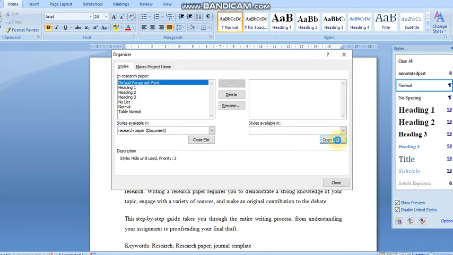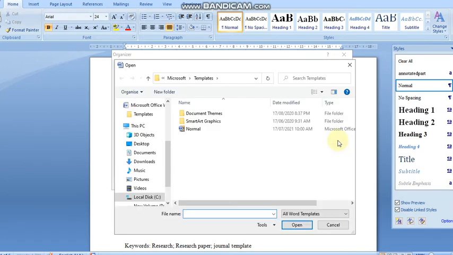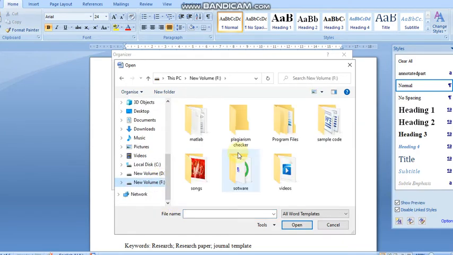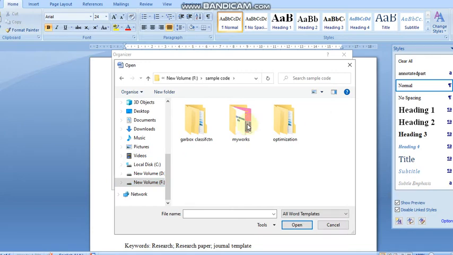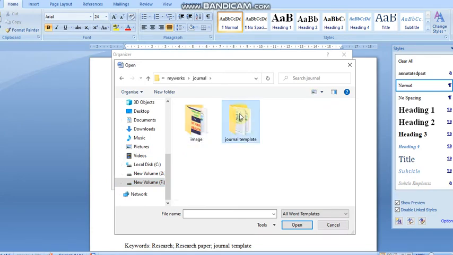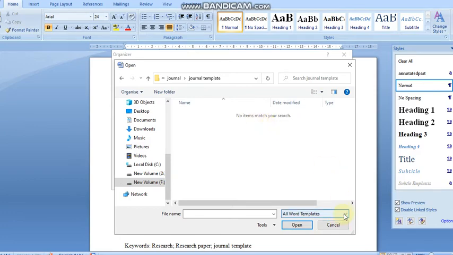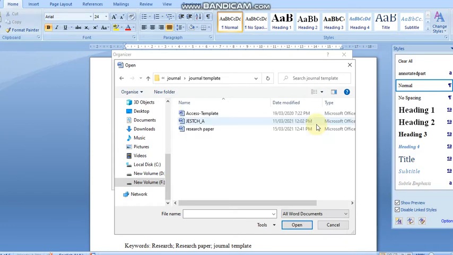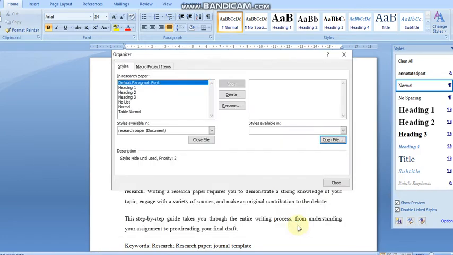Now give open file. In the open file, just move to the folder in which you saved the template of the journal which you need to proceed. As previously, you have to select all Word documents, and from there I am selecting this access template and clicking open.